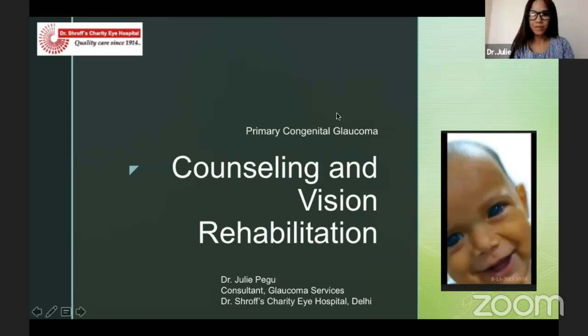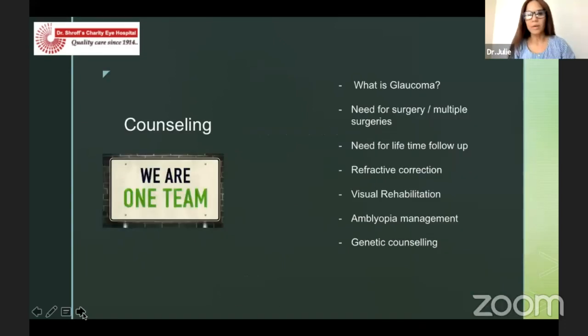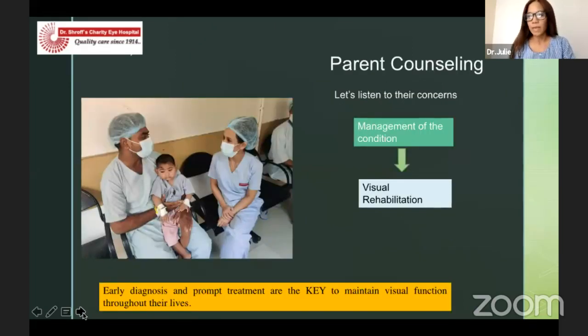It has been very, very interesting till now. Counseling is a very important part of the management, and a good relationship must be developed with the parents and the child from the time of first interaction, because it's a lifetime association. And we all know that parents are going through a very tough phase, learning that the child has glaucoma. So we need to be really empathetic and sensitive to the parents, and make them believe that we are one team, and guide them step by step from the management of the condition